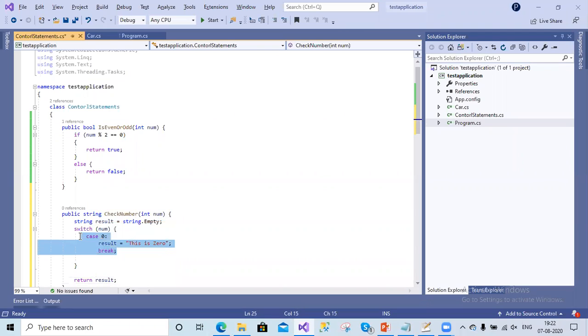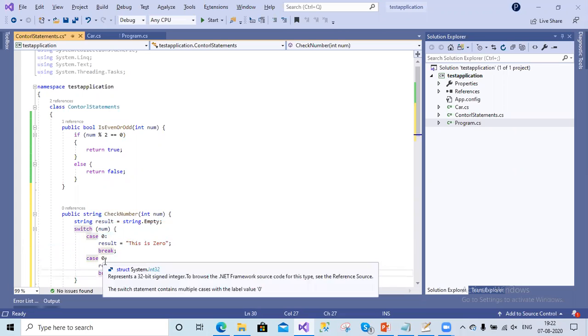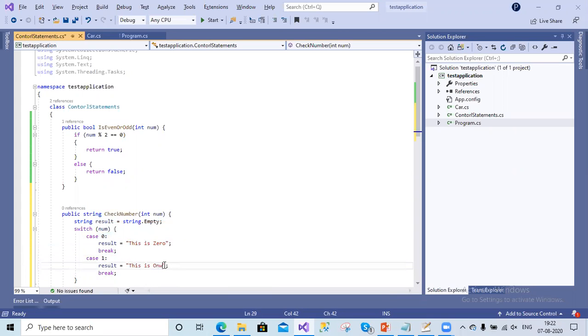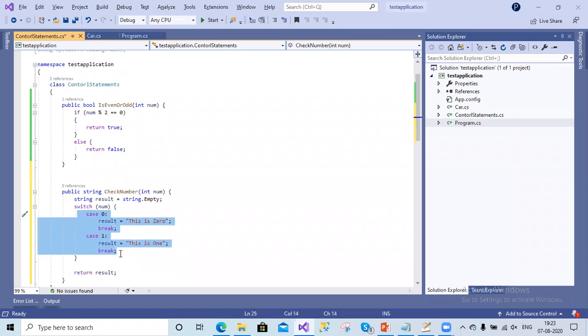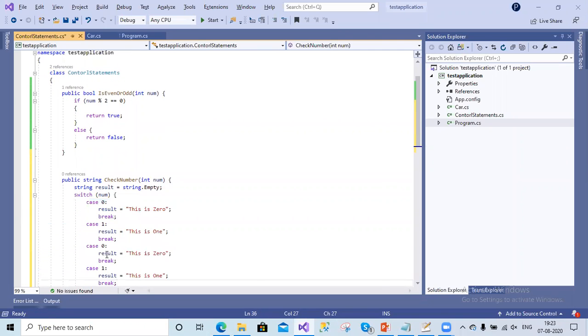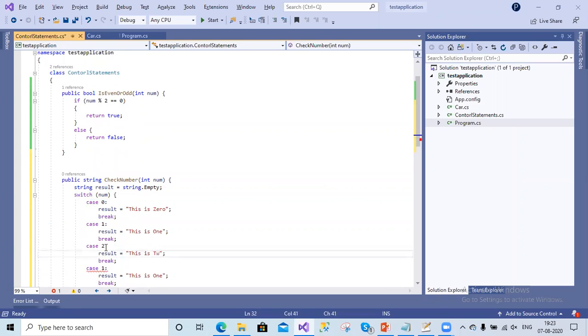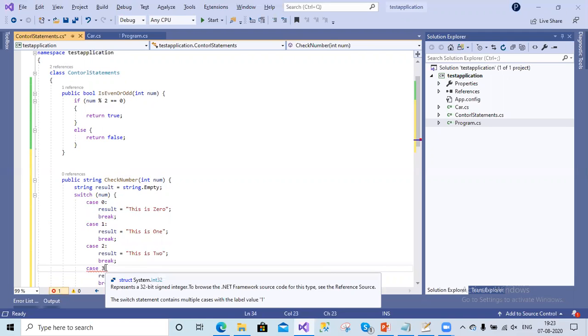Cool. So let's write a few more conditions here. If it is 1, I want to return this is 1. If it is 2, let us print that it is 2. And 3. That's enough.